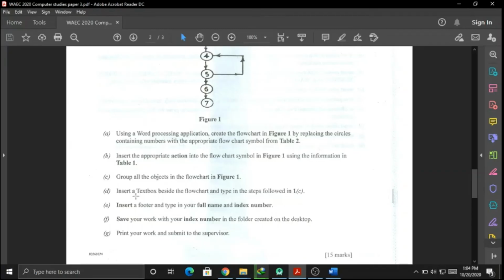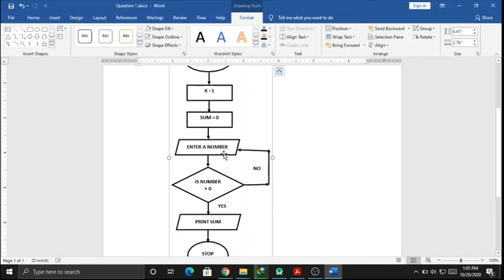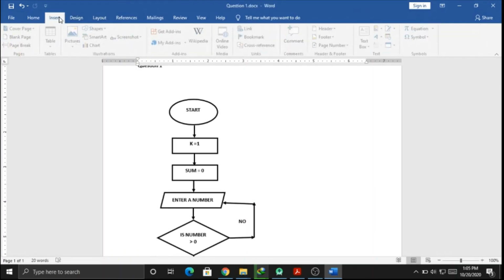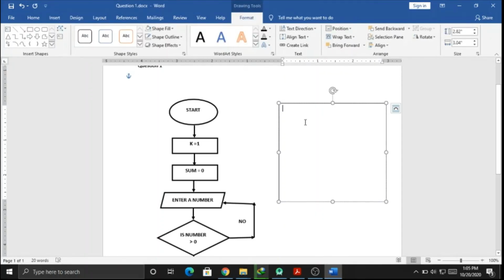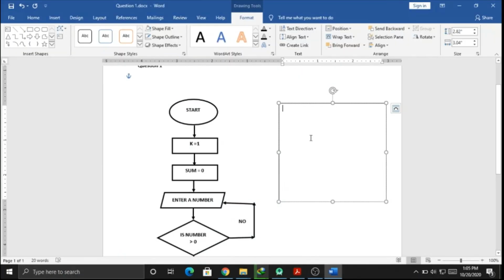Okay, where are we now? Insert the text box beside the flowchart and type in the steps followed in 1C. So they want to know how we succeeded in grouping the objects. Of course, I hope you remember the step we took, so I'll just do that quickly. Insert, what's this thing called again? The text box. Okay, so I'll just type step 1. That should be one what? Question 1C. So I can do question 1C,